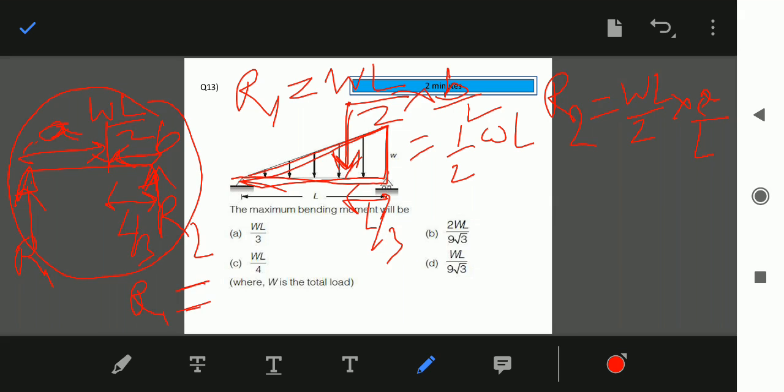So here R1 will be, see again I am telling you this is a lengthy question, but once you solve this, any type of loading pattern question to find the bending moment or shear force will be easily done, because this clears all the concepts. That's why I gave this lengthy question. I admit this can't be solved in 2 minutes, but still for learning the concepts you have to do it. So here R1 will be WL upon 6 and R2 will be WL upon 3.